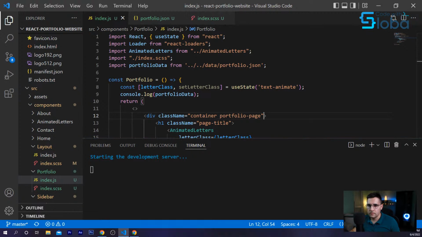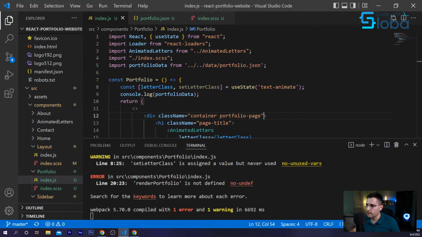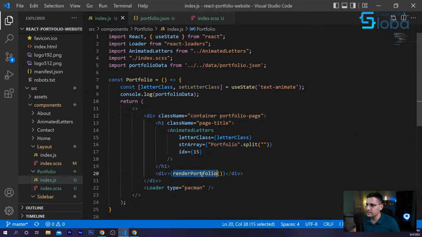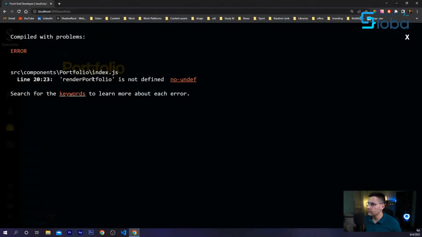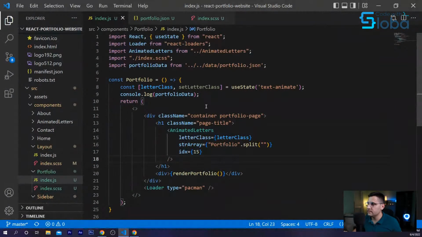Starting the development server. Okay, I'm getting the error render portfolio is not defined because I'm calling a method which we don't have. That's the one, not the portfolio data.